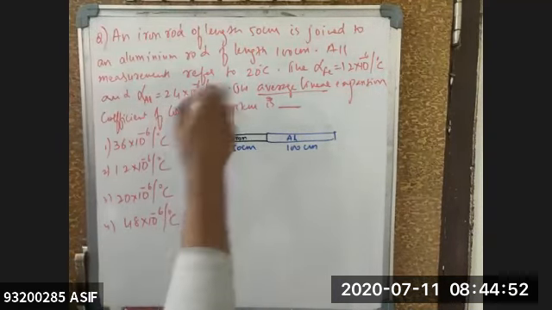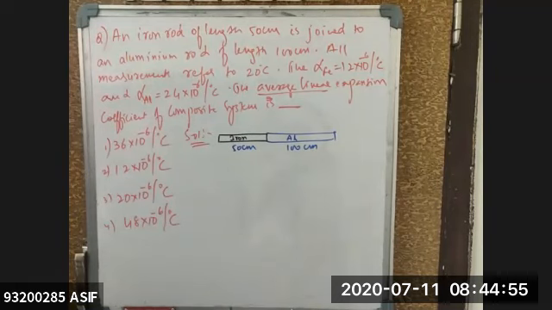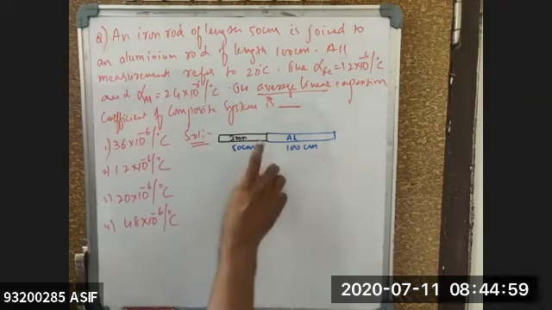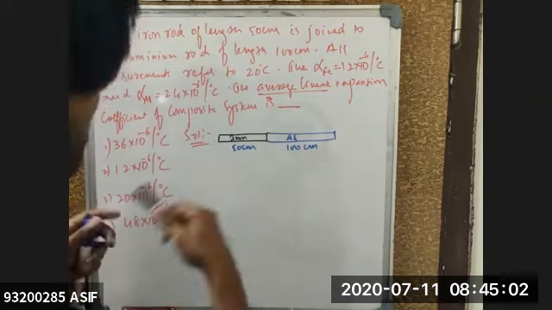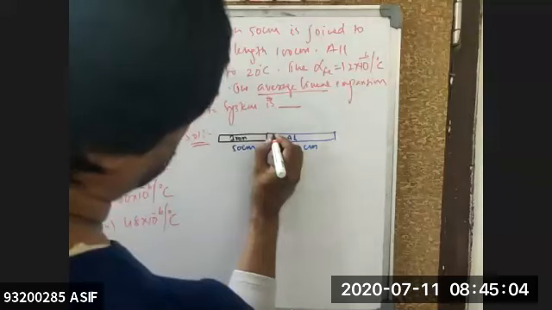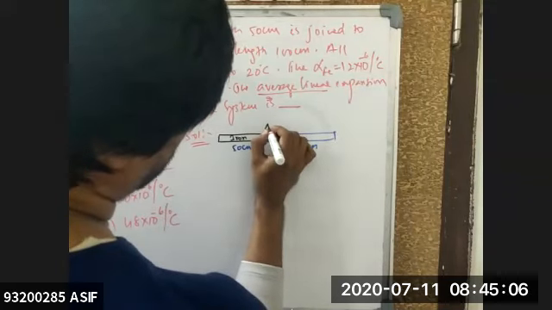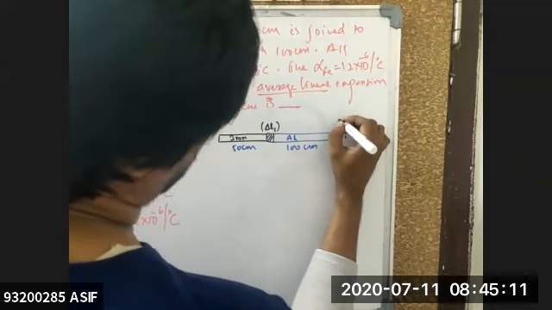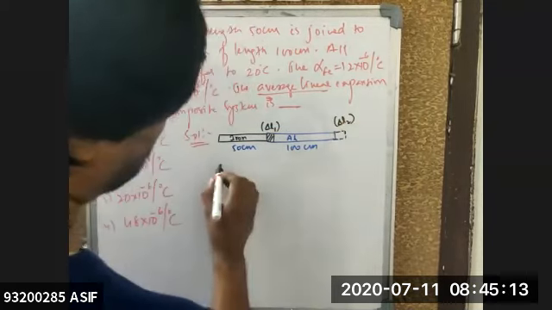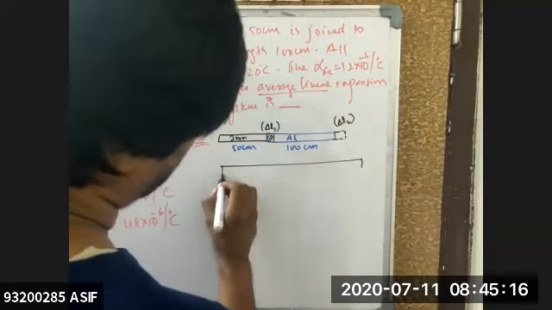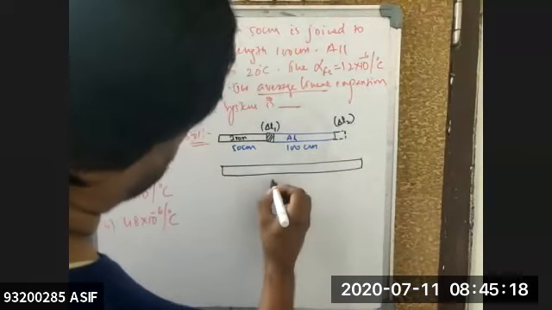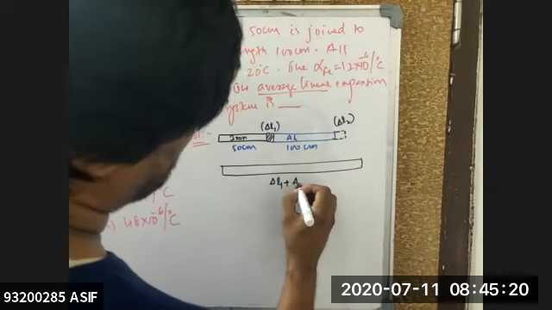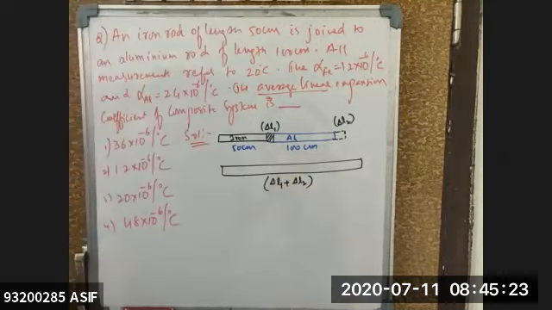And all the measurements are referred to what temperature? 20 degrees centigrade. So average linear expansion of the composite rod will be equal to how much? Let's see. There will be expansion in the iron when it is at a temperature of 20. Say for example, this is delta L1. And there is expansion even in the aluminium rod. This is delta L2. That means finally we are getting a composite rod where the expansion is a combination of delta L1 plus delta L2.